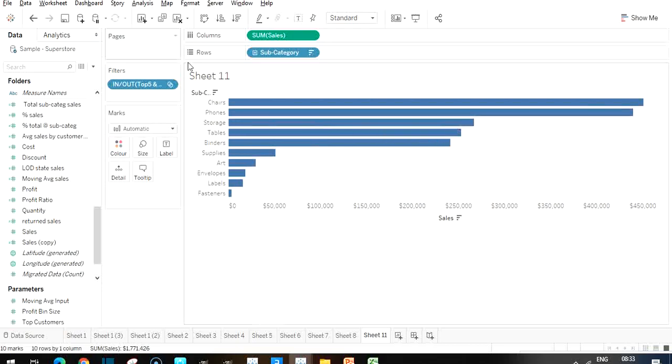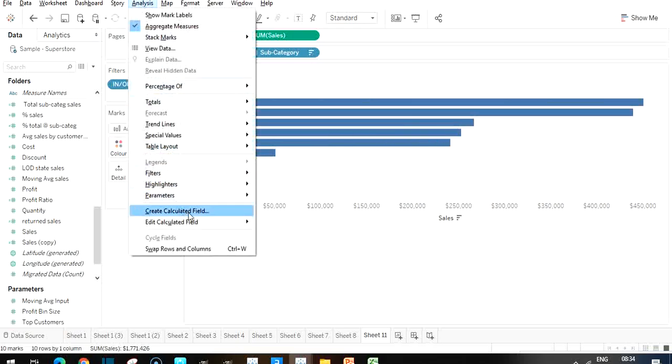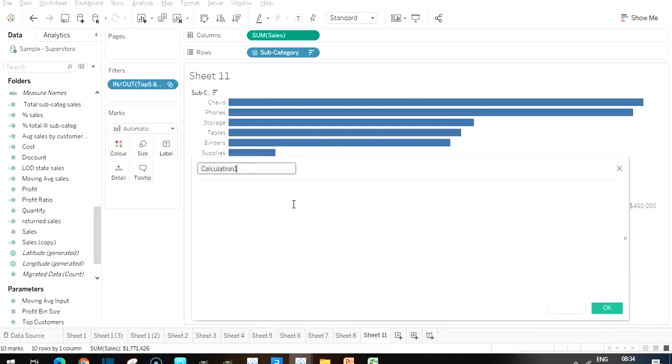Now, if I want to bifurcate this by colors, then I can create a calculated field, top 5 and bottom 5. I'm just drawing at a color. So maybe what I can do, if